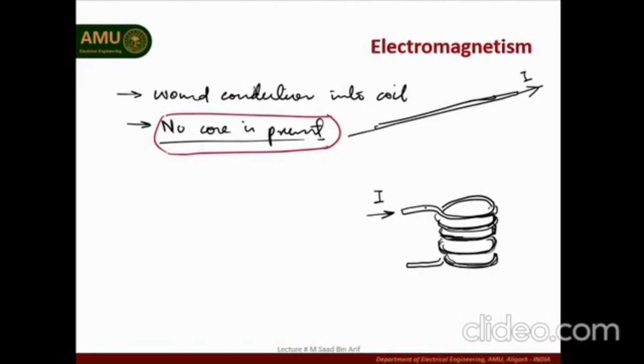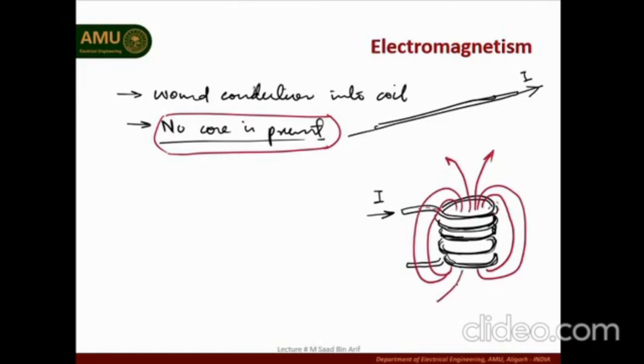So in case of the coil carrying current, what we have is, we have current I flowing in the coil, and the same current is flowing through all the turns. So the magnetic field lines will be like this. That is where the field line coming out is the north pole, behaving as a north pole, and where the field lines are going in, it behaves like a south pole.